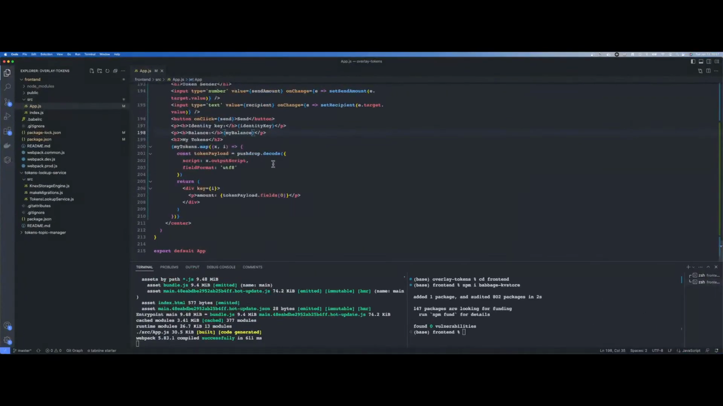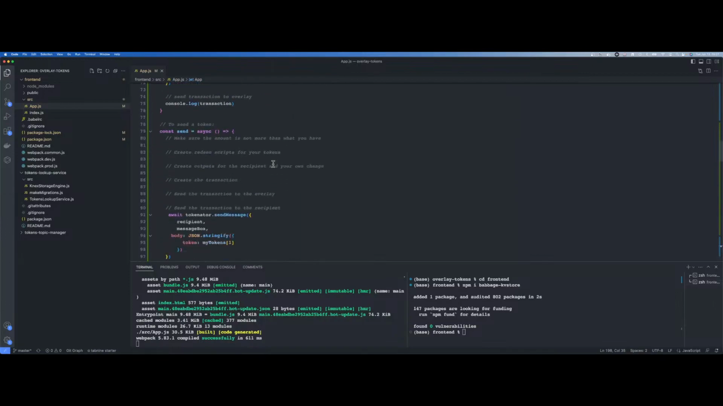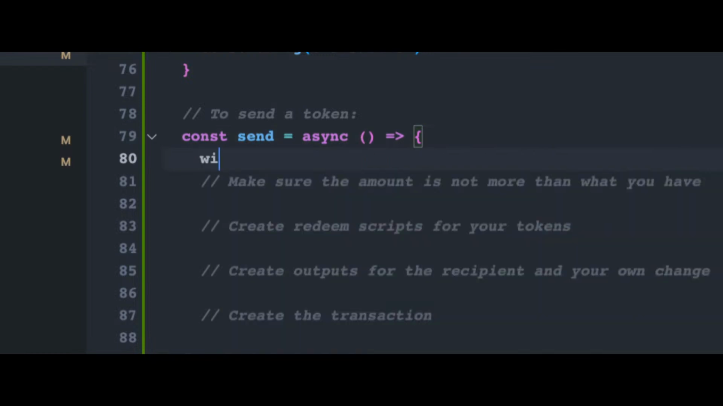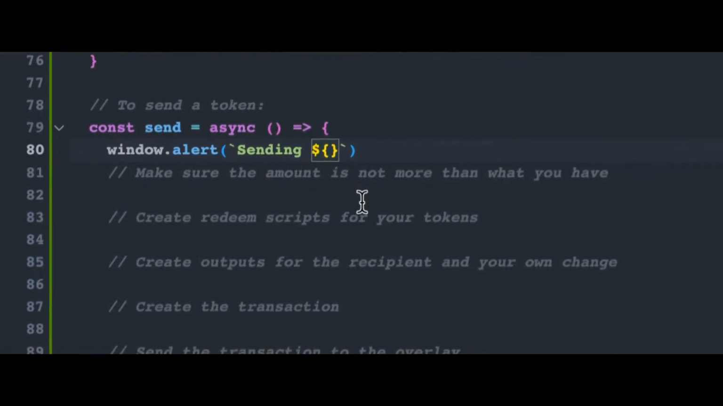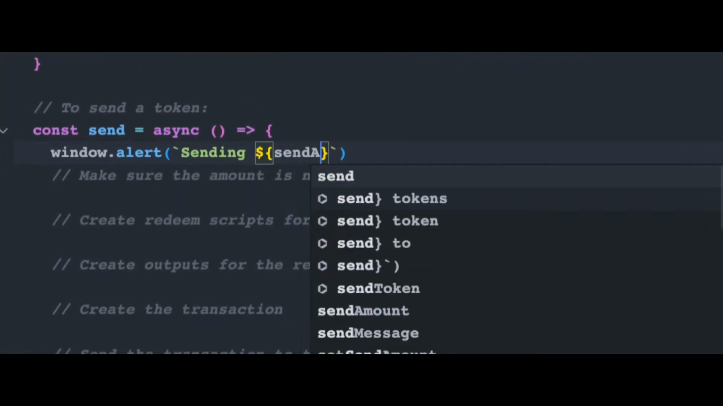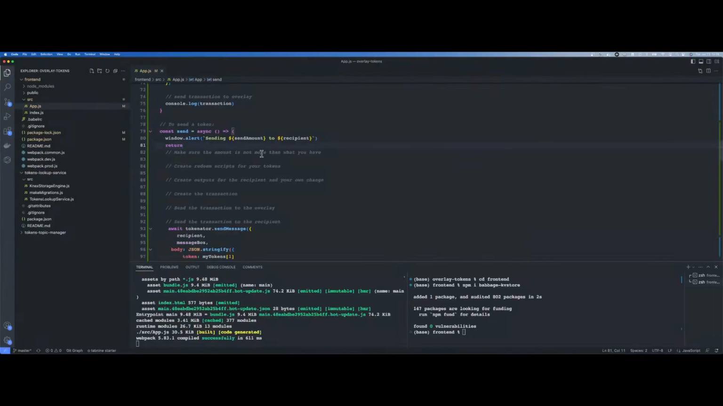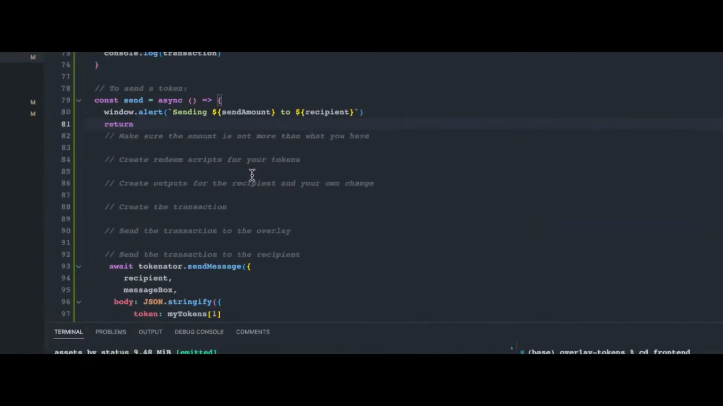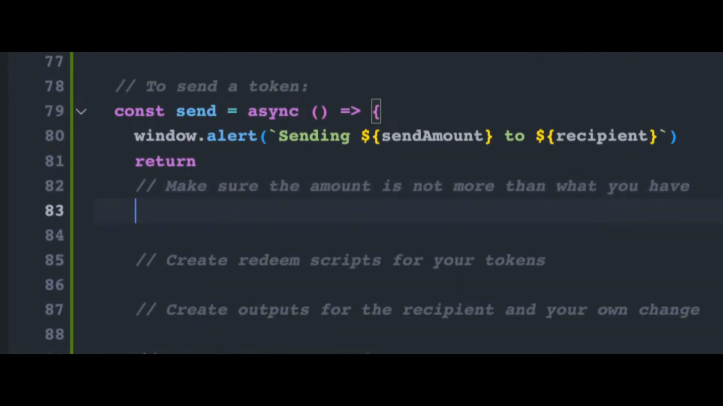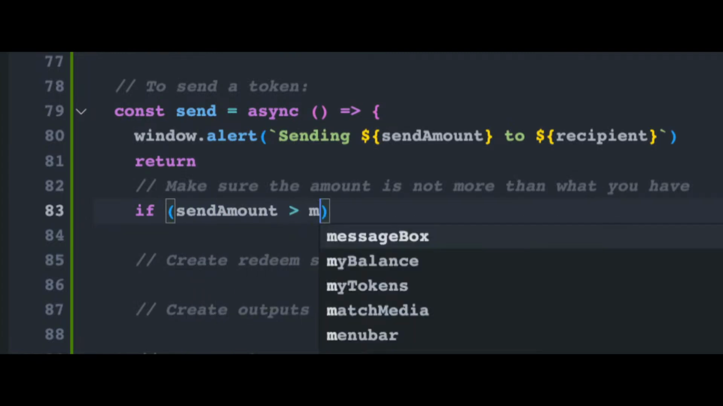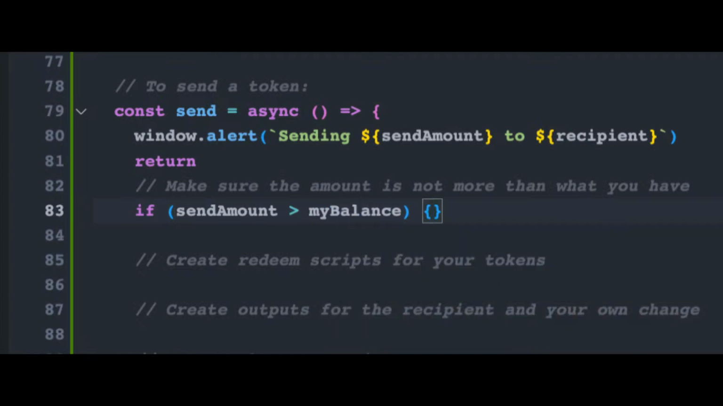And I want to just run a test of this function to make sure it's going to work. So it's going to be something like window.alert, sending, send amount to, and then I want to return. Okay, so if send amount is greater than my balance,